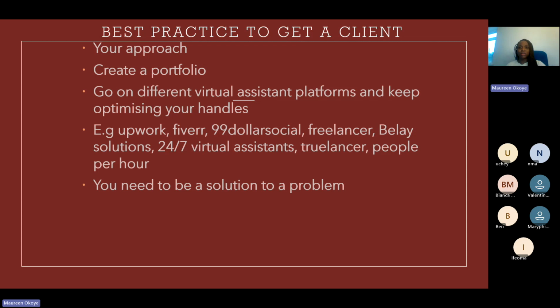But one thing I usually say is fake it till you make it. You can get a portfolio from anywhere. There are tools that you can use to download someone's work, organize it, create it as your own. What your client needs to see